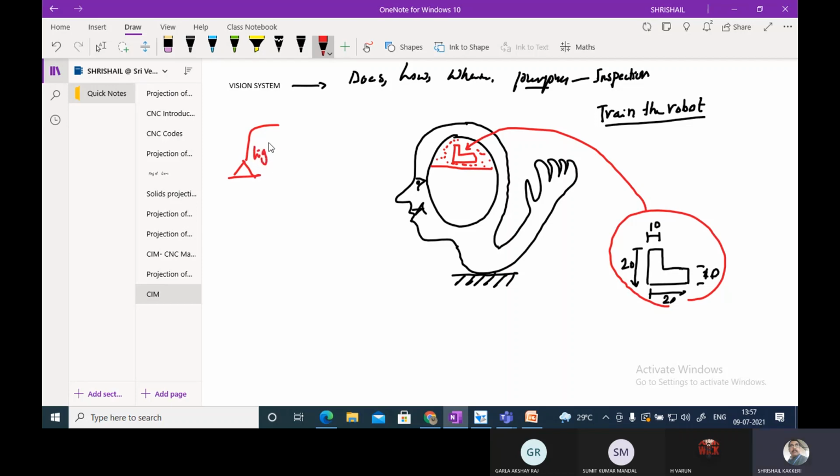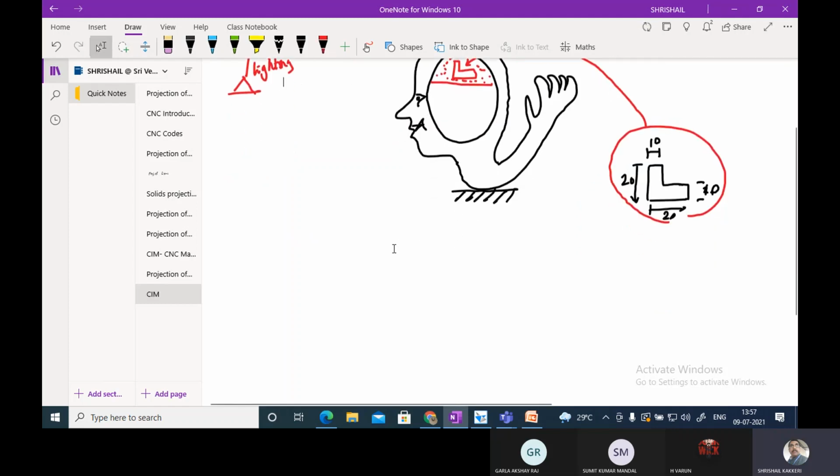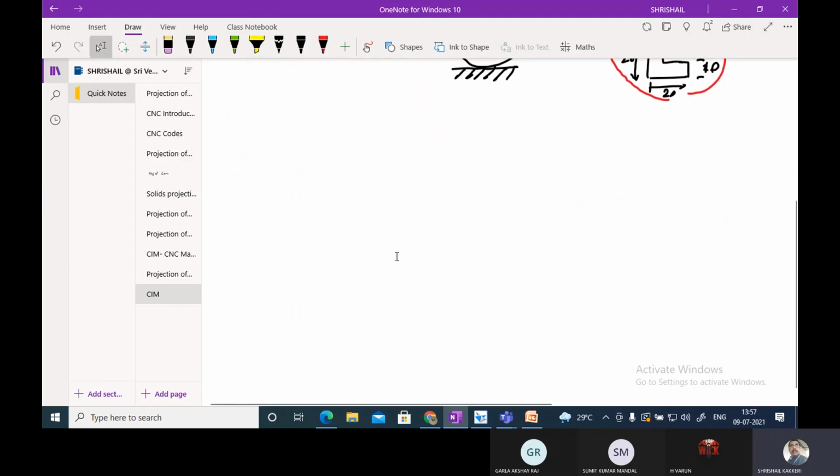In this lighting we have various types of lighting techniques: the front lighting technique, side lighting technique, strobo lighting technique, and the backlighting technique.